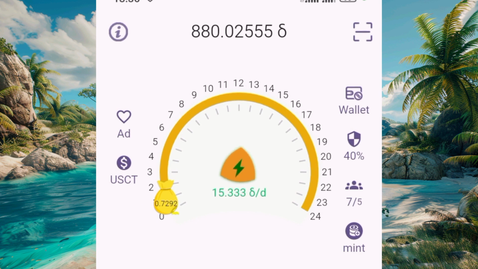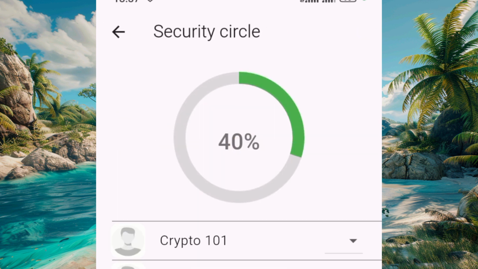You know, I talked about the security in the last video, which is this particular one. You could see that last time it was showing 0, but now I have my security at 40%, which is not up to 50%. You need to add people manually, so that anytime you are logged out, they'll be able to send a verification code for you to log in to your app. These people, I'm the one that actually gave them this name. One of them was the person that, when I updated the app and was logged out,